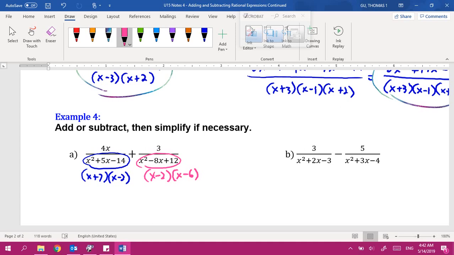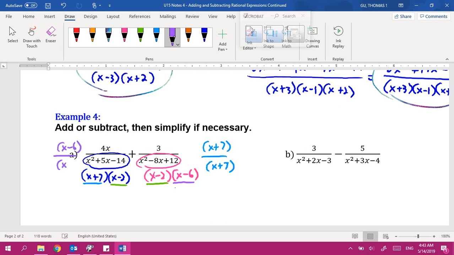They both have this x minus 2. That's good. But on the left side we've got an x plus 7, and on the right side we have an x minus 6, which means we need to multiply the right side by x plus 7 over x plus 7. And we need to multiply the left fraction by x minus 6